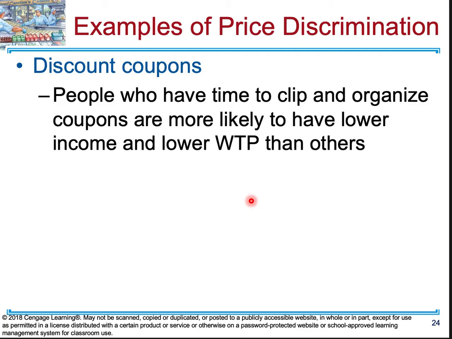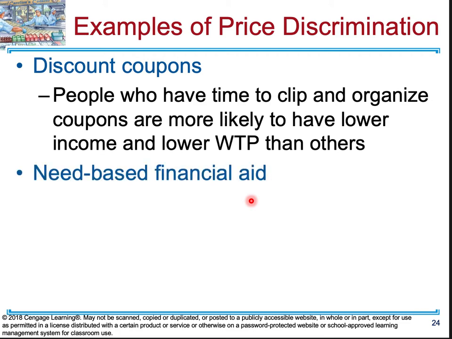Let's say I'm going to pay full price on a box of cereal. Let's say it's $4 a box. Now let's say someone who uses coupons is only willing to pay $2.50, and they have a coupon for it. So their willingness to pay is lower than my willingness to pay. I'm willing to pay more because I don't value going out of my way to clip and organize and find all these coupons and so forth.